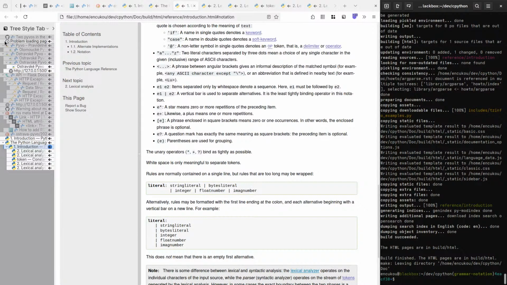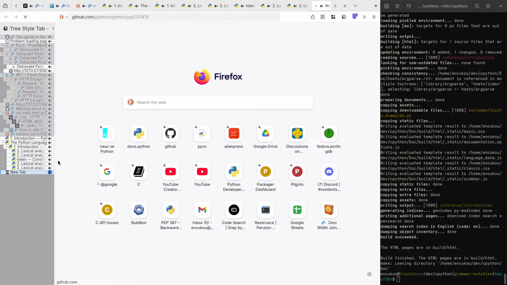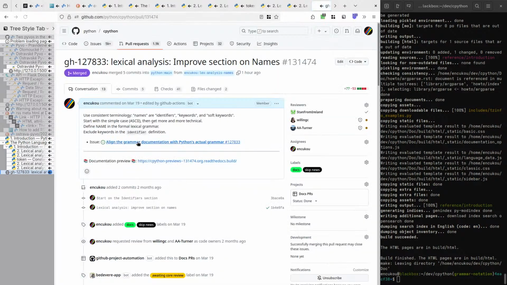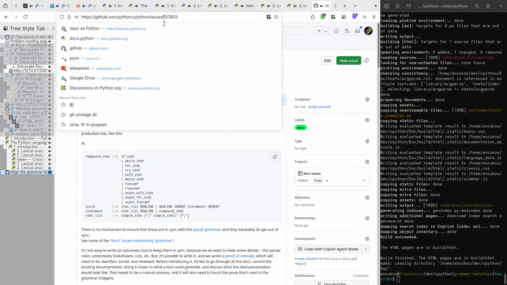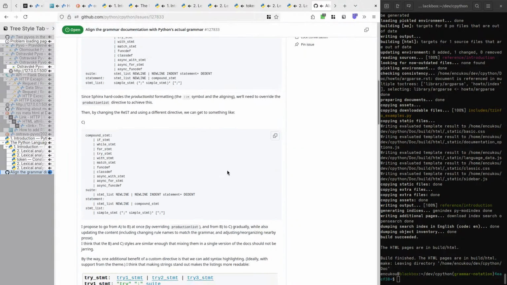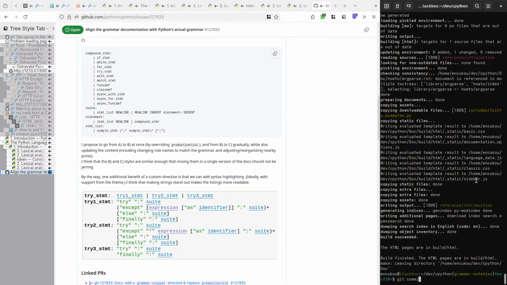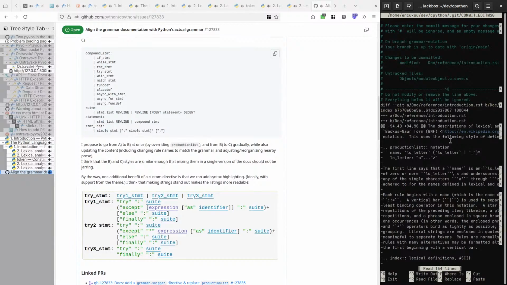Let's make a pull request. So. Pretty exciting. Need to grab the issue number from this thing. It's here. And this would be gh.number.